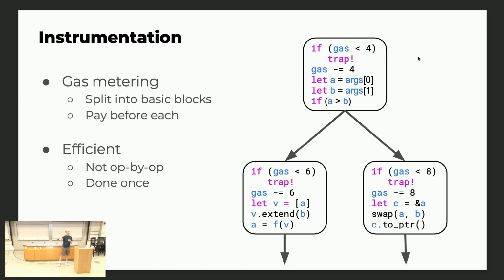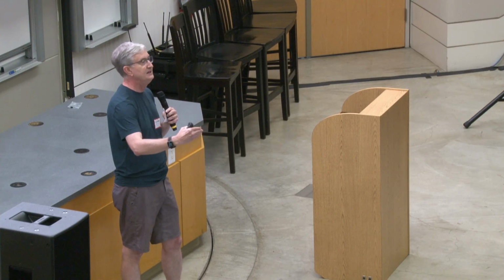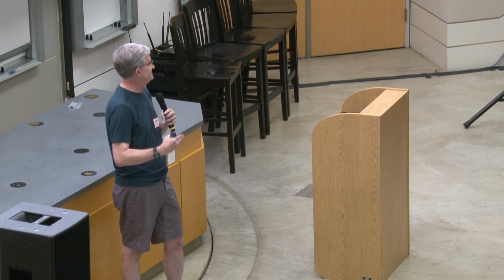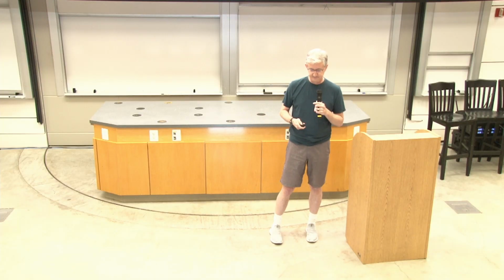We just add one more variable to each function that keeps track of this gas, pass it in or out in the appropriate ways. We can inject that code safely, and all of this can be done on-chain via a precompile. So this is efficient. It runs efficiently. It's not operation by operation. It's done once. So first you deploy your Stylus program, and then there's a step you have to do one time to activate it. When you activate the Stylus program, it takes the WASM code that you provided, and it does this instrumentation step, adds instrumentation, so that it can be run safely with things like gas metering.